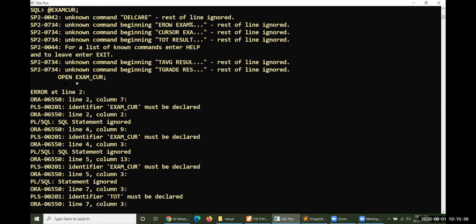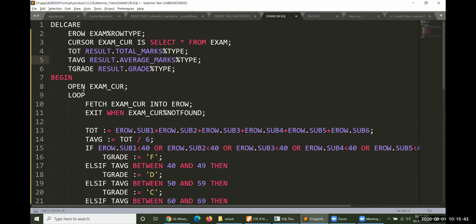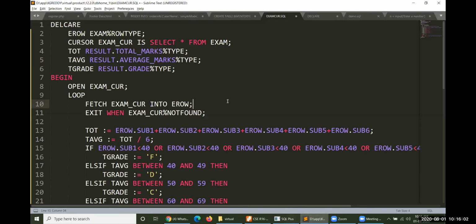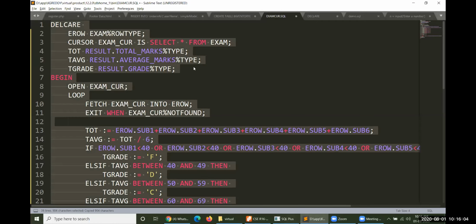Open exam cursor, OPEN. Okay, the problem is raised here. Open exam EXAMCUR is select everything from exam. Unknown DECLARE. Okay. However, I did everything by using this Sublime Text.